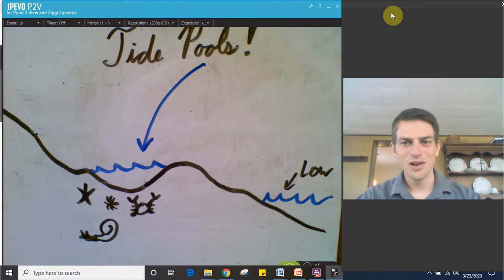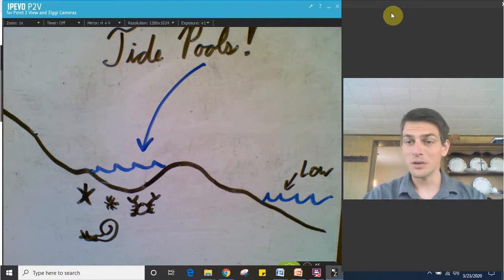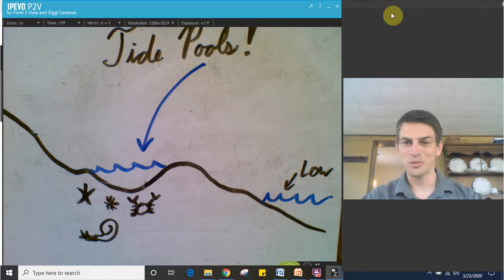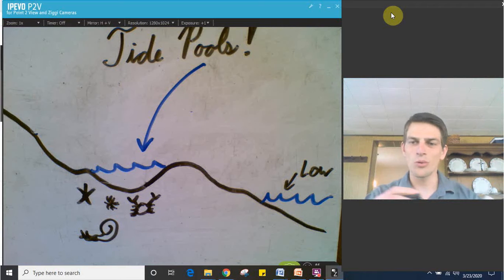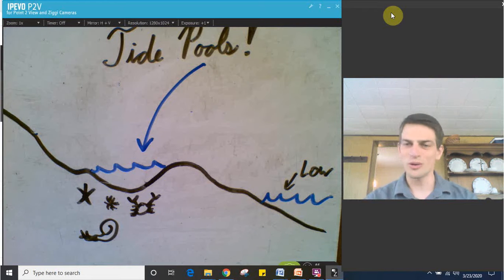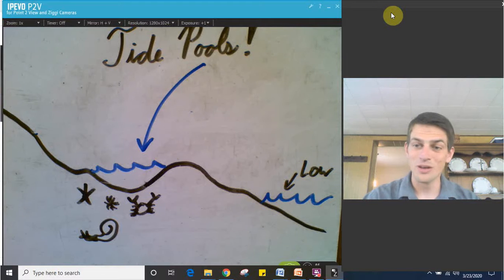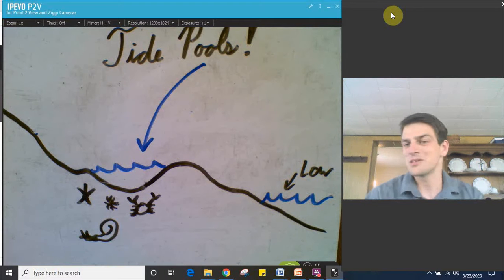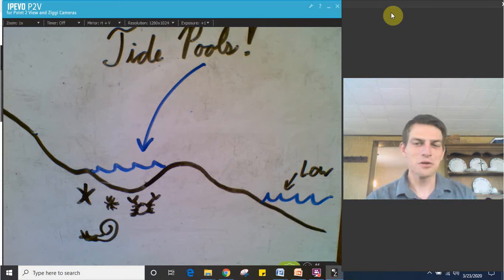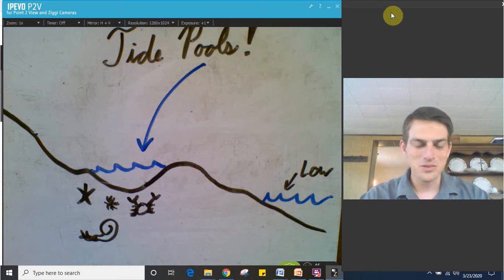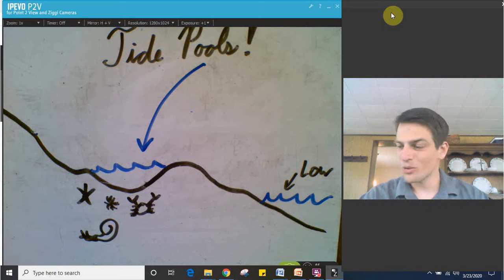So feel free to take notes as you go through your tide pool exploration. I think that'd be a lot of fun for you to be able to record some fun facts in your notebook. You don't have to write everything down that's on the website, but just some fun facts or some interesting creatures that you encounter. And of course, it's going to be not terribly realistic, being that it's through a computer, but it should still be pretty fun for you. So feel free to take notes, have fun exploring, and